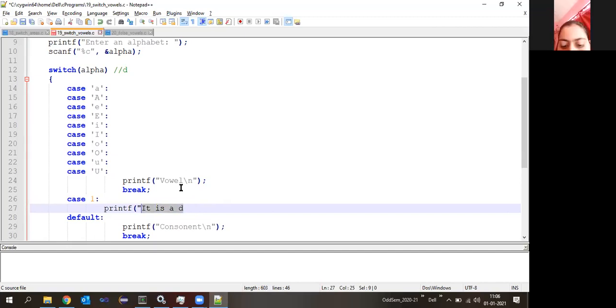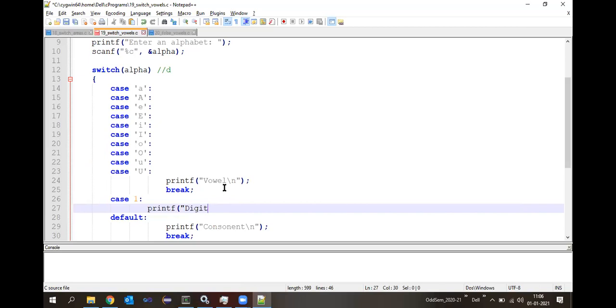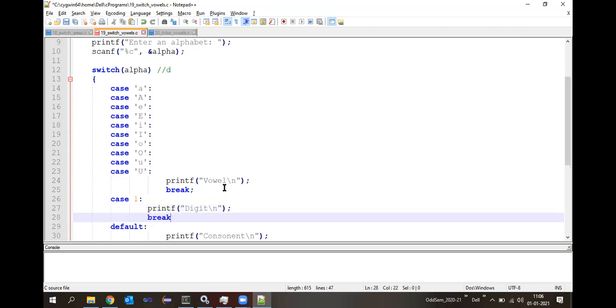Let me make it very simple, a digit. Some of you said that it will not work. If I write 1 here, it will not work. What is the reason? It is a number here. It is a digit. The value of this label is an integer, but the expression here is a character. Then it is not going to match.